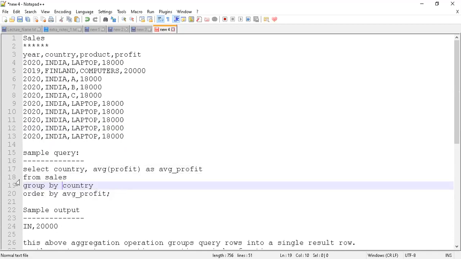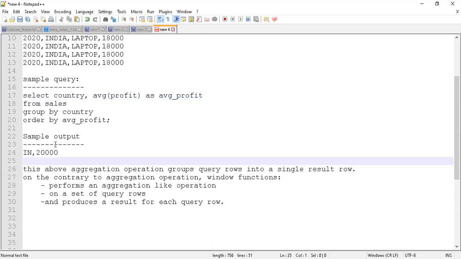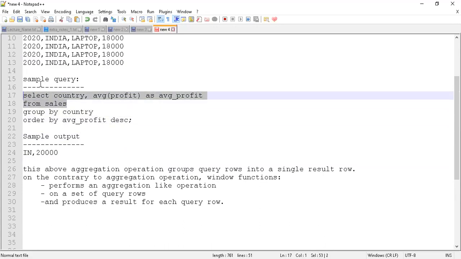Now, in case of a window function, the only difference in syntactical terminology is that we are not going to use any specific keywords like group by, order by, having, sort, and all these things. Maybe I could have used, let's say, order by average profit in the descending order. These kinds of constructs are not going to be used. It will be as simple as a query, and then optionally we may want to put filters.